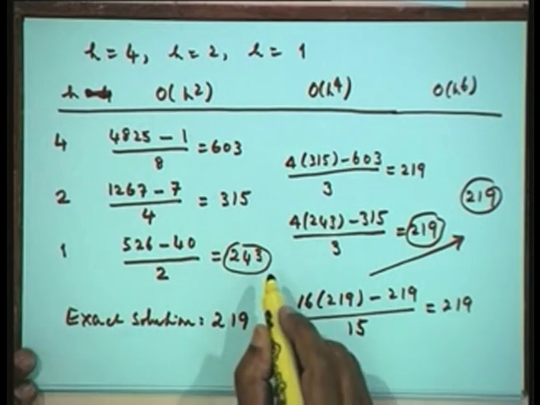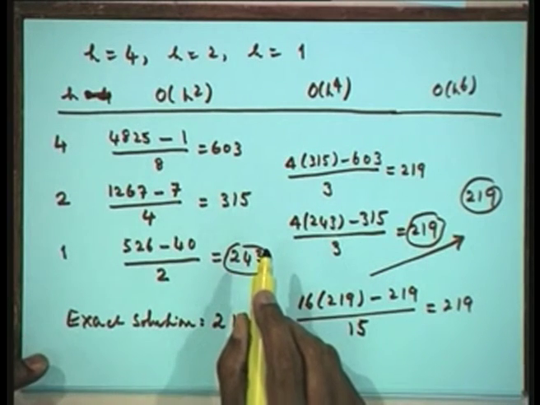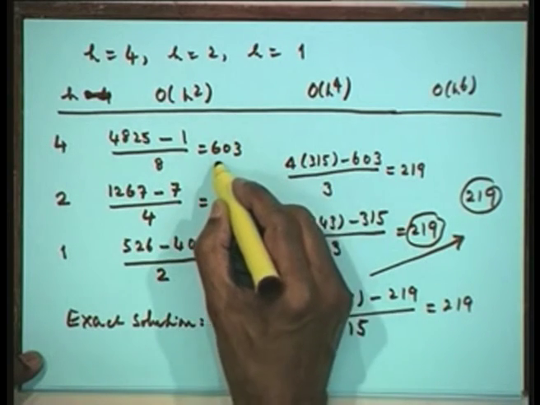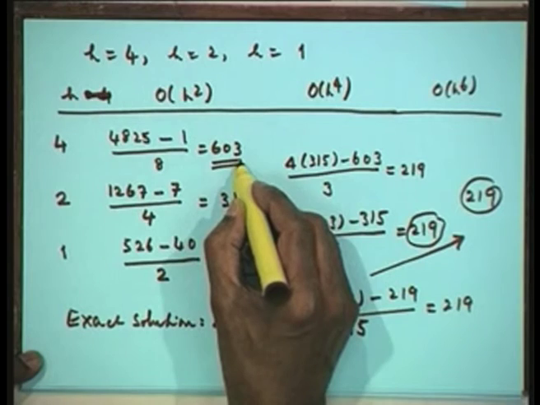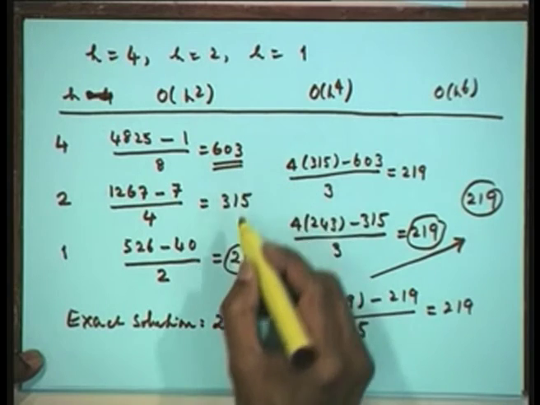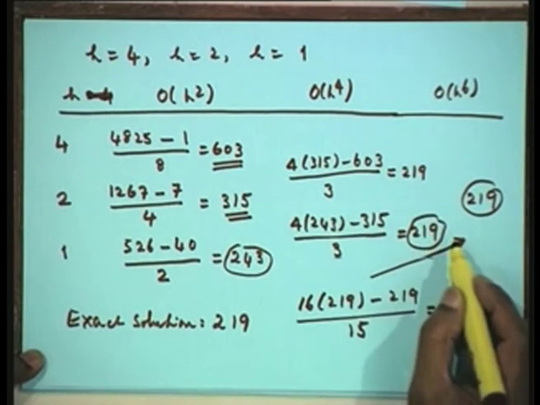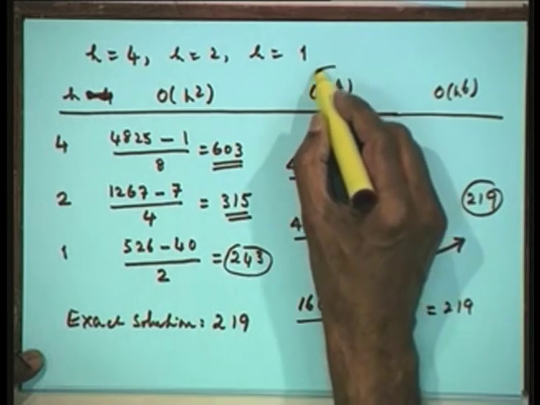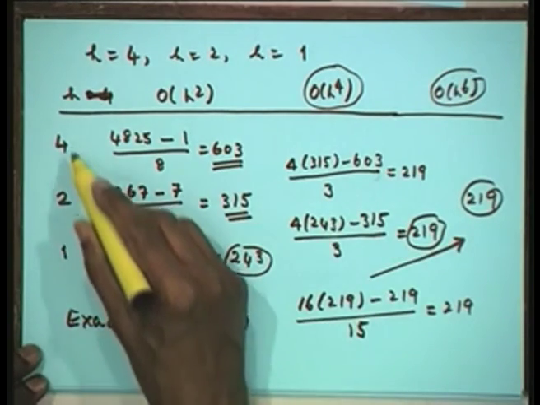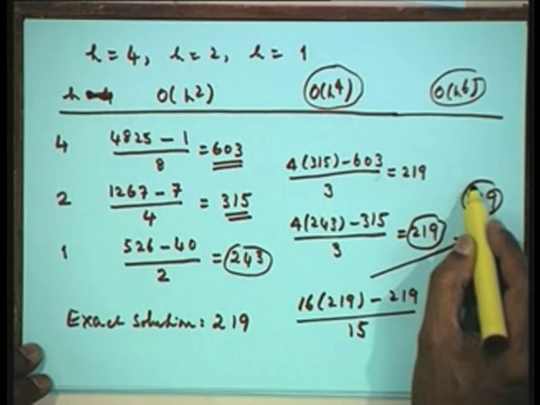In fact, in most of the problems Richardson extrapolation really works wonders, because the values which were so much away from the exact solution, this is 603, the exact solution is 219, we are able to manipulate these results which are so bad to get results which are very accurate, and we are now getting the values as if they have been obtained by order of h to the power of 4, order of h to the power of 6, and so on. By just getting 3 values, I am getting a value as if it has been obtained by order of h to the power of 6.